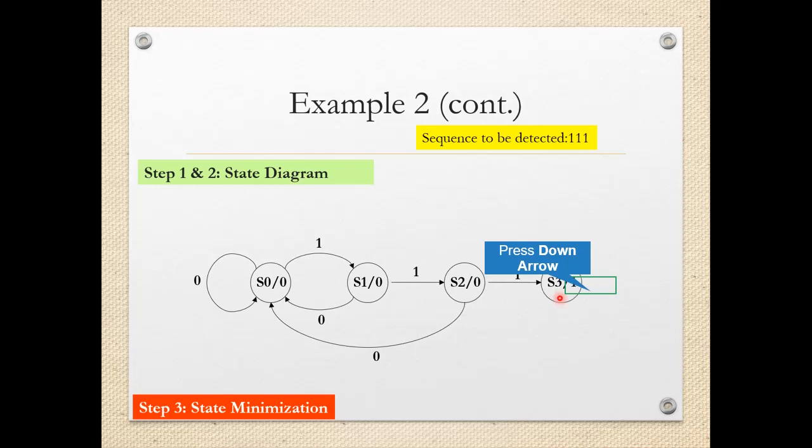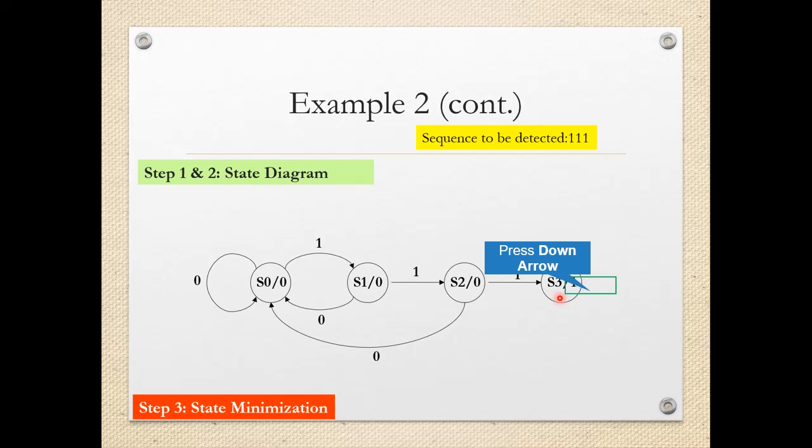Now in S3, if you check, already this is the first bit of correct sequence, second bit of correct sequence, third bit of correct sequence. So we want to detect 1 1 1, which is detected, and hence now in S3 state make the output equal to 1.